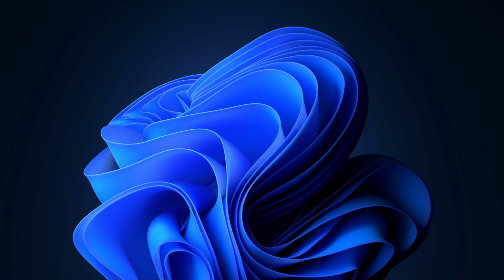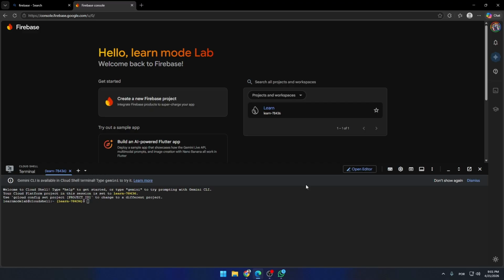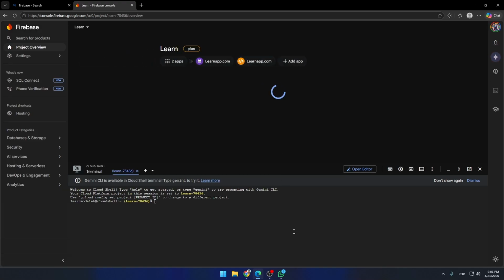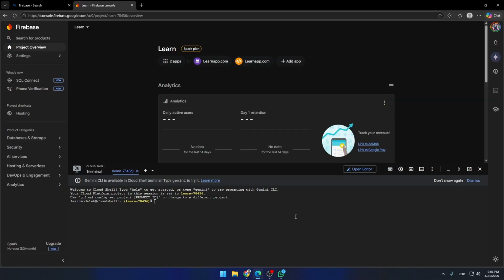In this video, you'll learn how to build a full app on Firebase Studio in just a few minutes, using AI to do most of the heavy lifting for you. First, go to firebase.studio and sign in with your Google account. Firebase Studio is Google's AI-powered development environment that lets you create, code, and deploy apps directly in your browser, no